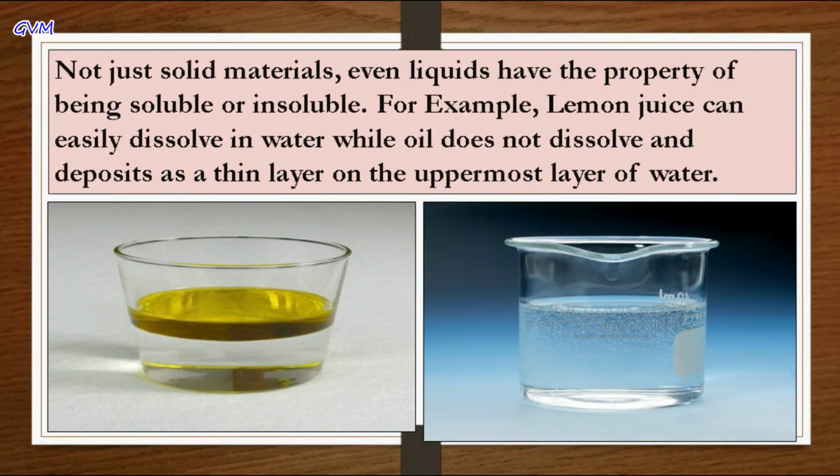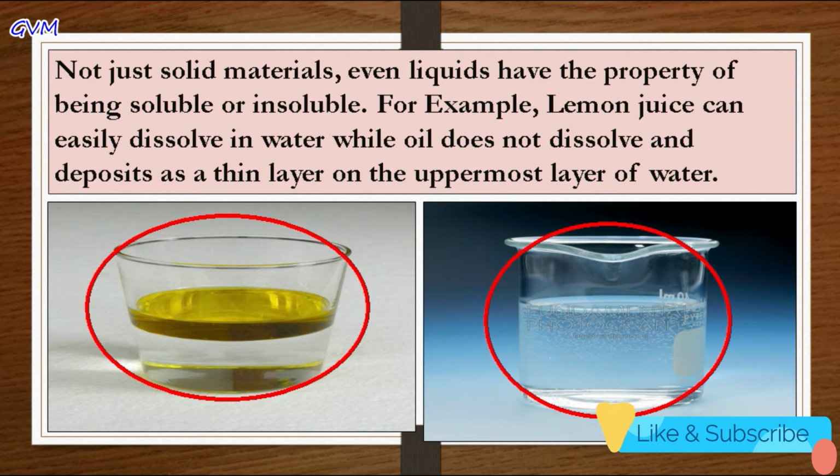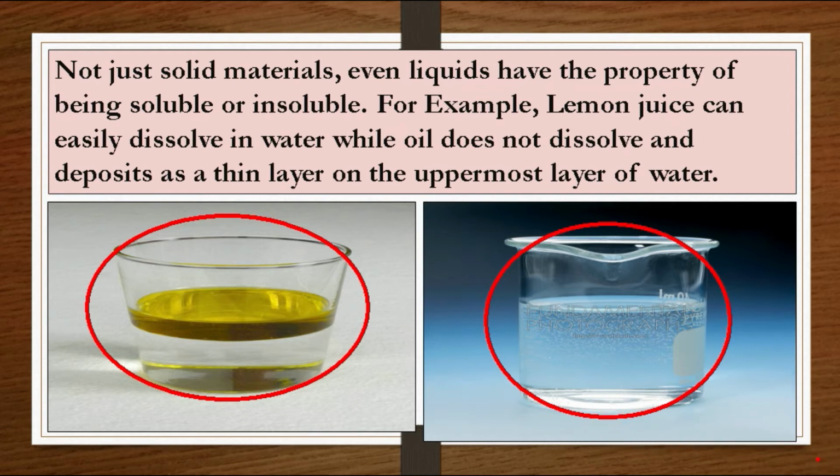And students, not only solid particles, even liquids have the property of being soluble or insoluble. As you all know, when we add oil in water, oil forms a separate layer above the water, which means oil is insoluble in water. Whereas if we add lemon juice in water, it completely dissolves in it. It means lemon juice is soluble in water, whereas oil is insoluble in water. So we can say that not only solid materials, even liquids also have the properties of being soluble or